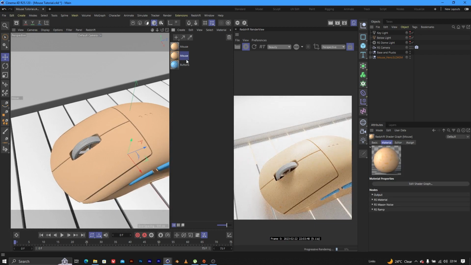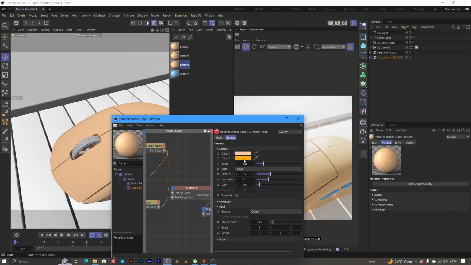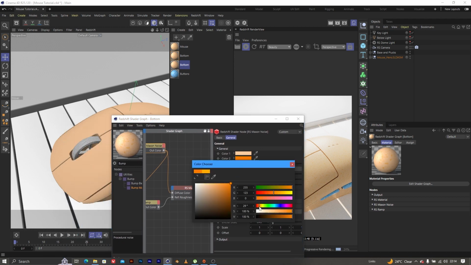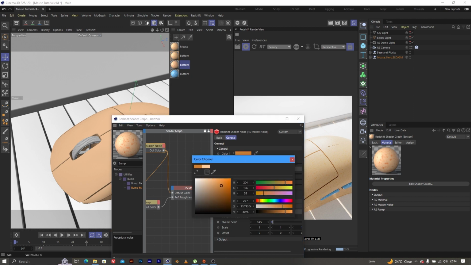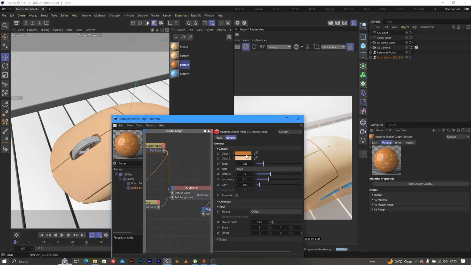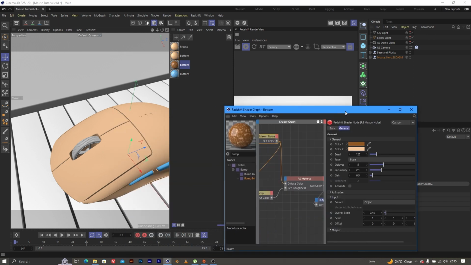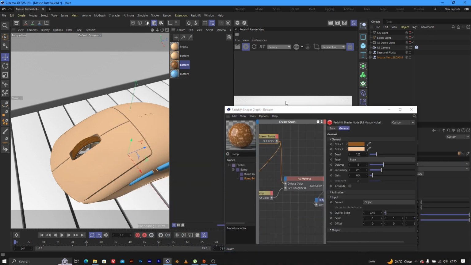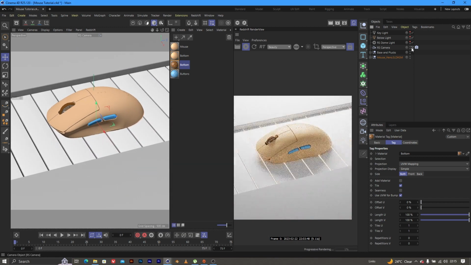For the scroll wheel, I'll change again, make this a bit darker, darken it a bit, make this lighter, so I'll have something like that. When we put it here, does it look like this in our